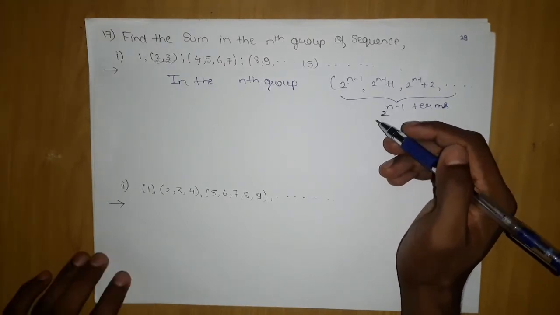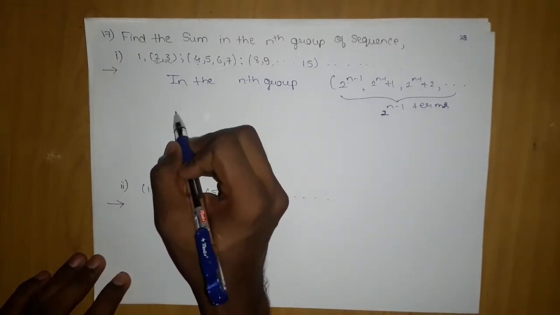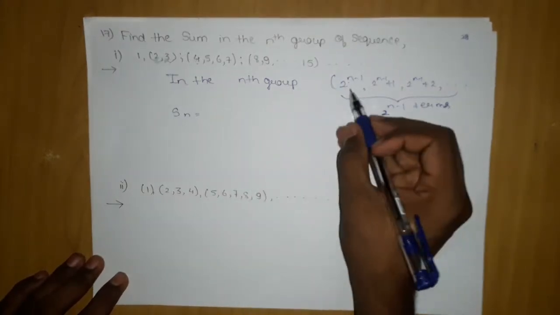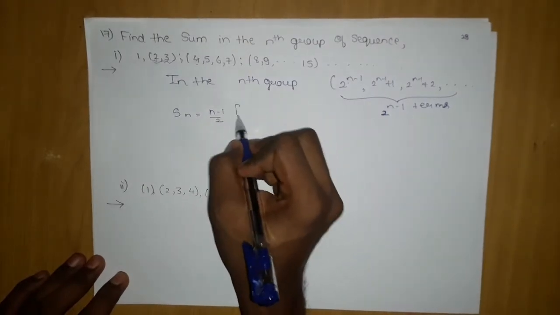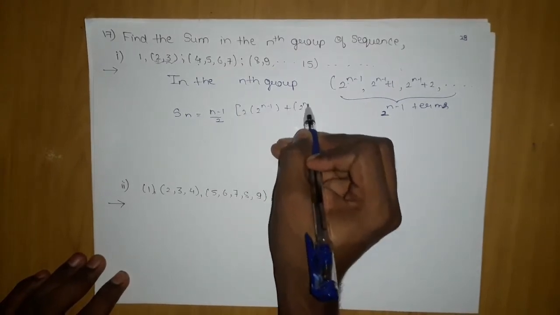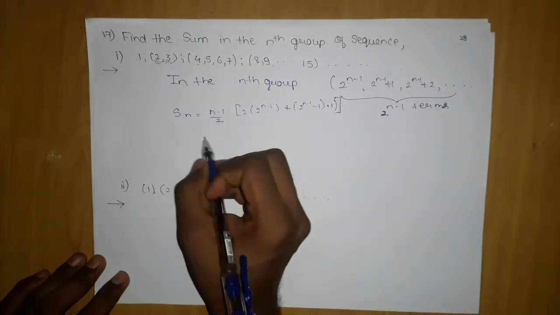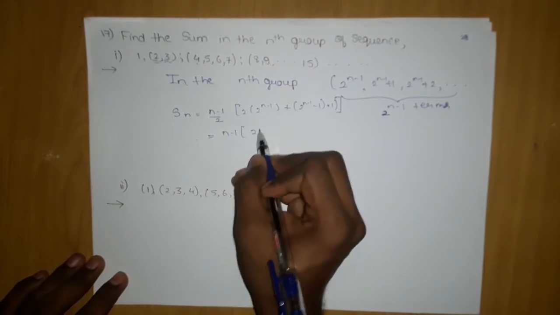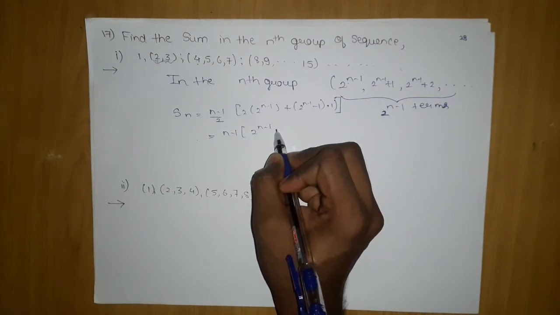So can we solve after this? Yes, we can easily solve this. So the sum of n terms, not 2 power n minus 1, they want n terms. It is starting from 0, so it will be n terms only. So n minus 1 upon 2 bracket 2 into 2 power n minus 1, plus 2 power n minus 1 into d, which was 1. After we further solve this, it is n minus 1 into 2 power n minus 1. And what are we getting?